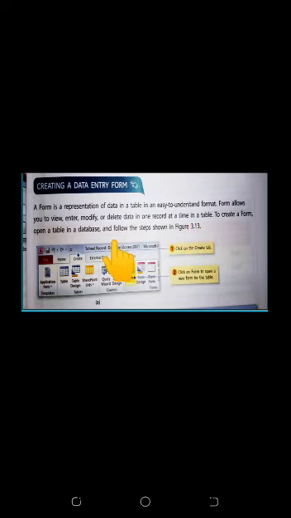To create a form, open a table in a database and follow the steps shown in figure. I hope you already have created one table in your database. If you have not created one, first create a table, and then open the table in the database. Now follow these steps.